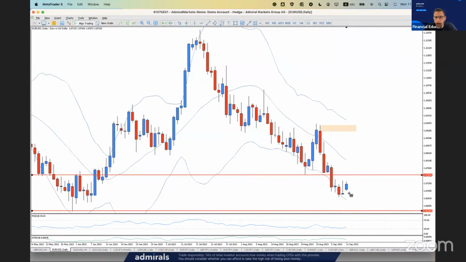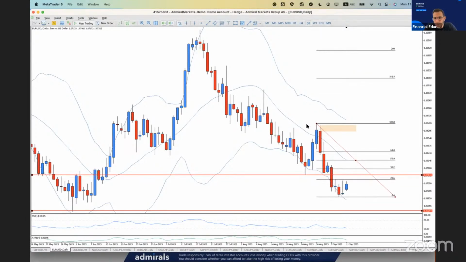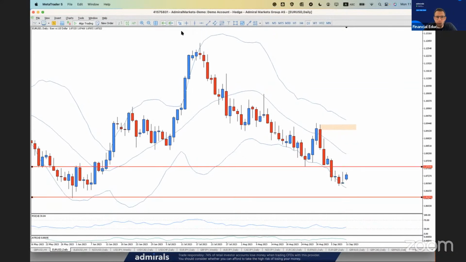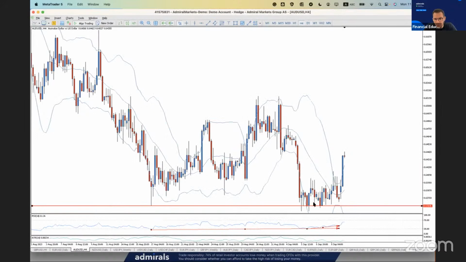Then I would like to see the retracement of this swing from high to low to be about 61.8. It's here. So if this level won't hold, then I will be looking to come somewhere at the 61.8 and keep monitoring the price action. It's going to need some time for the price to make this. But now you notice that most currencies are on this retracement. Let's go to the Australian dollar, US dollar.